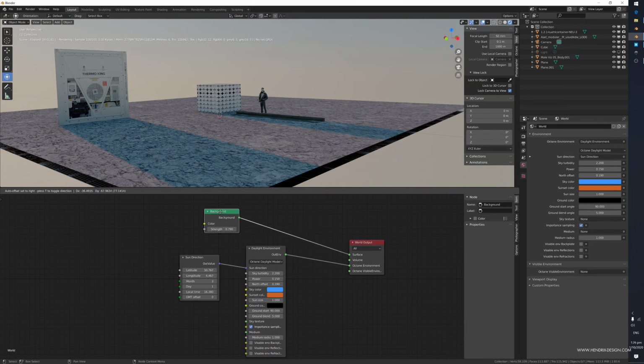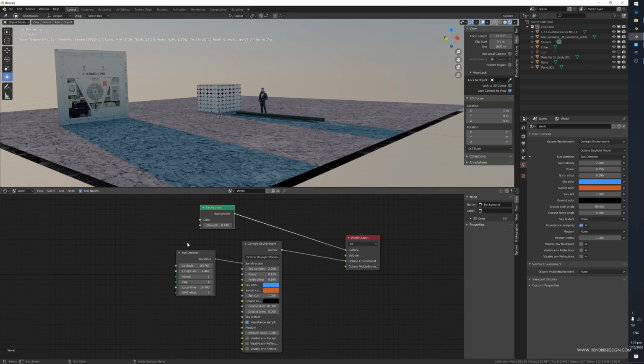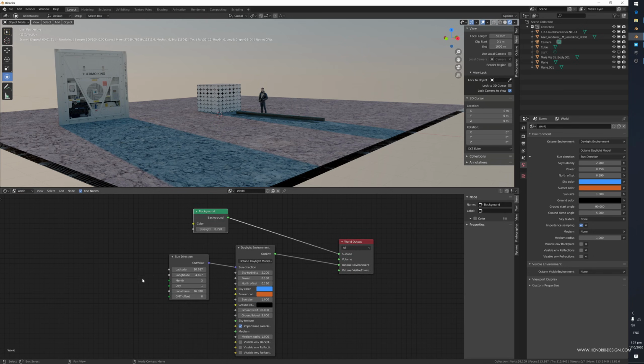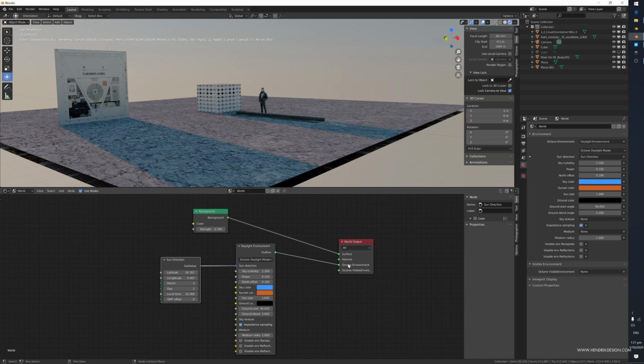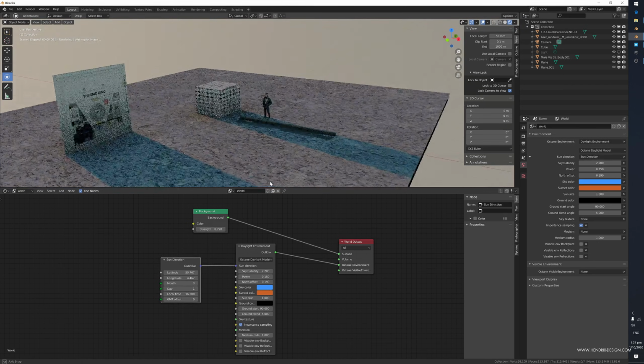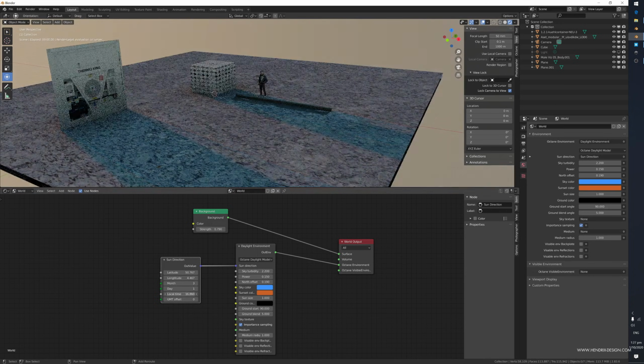First of all, I think I showed it a little bit before, but basically when you go into the world tab here, you have this already set up for you. So we have the daylight environment, sun direction, and this is plugged into the Octane environment. If we want to play around with this, we can change the local time here,